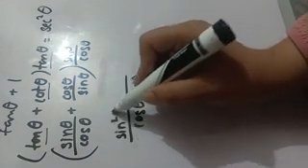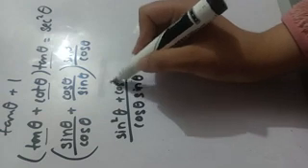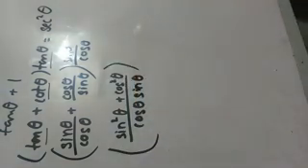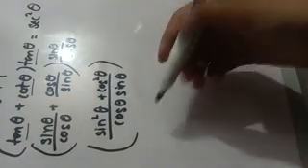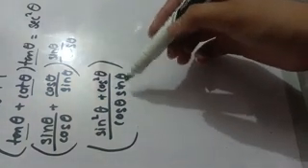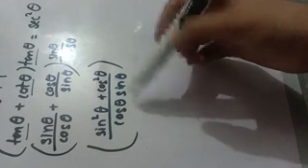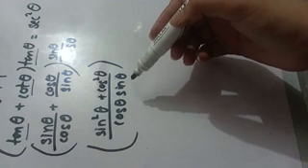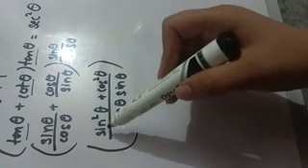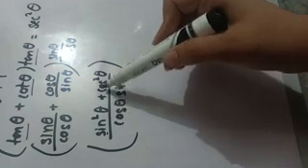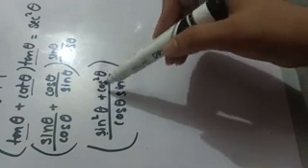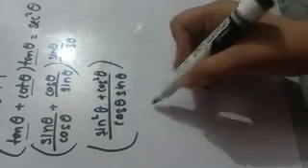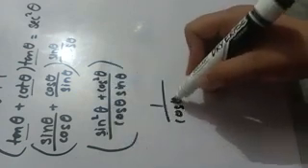sine square theta plus cos square theta. Okay, multiply by this value again. So I am not writing this again and again. Now dividing them on both sides of it. So we will cancel them, okay, one by one. And lastly it will come, now the value of sine square theta plus cos square theta is equal to 1. So this is the formula of trigonometric identity. So put 1 in this value, so it will come out like that,